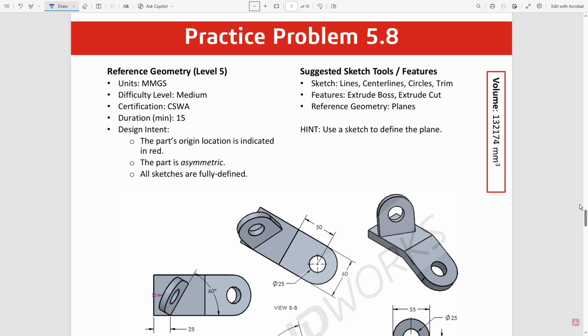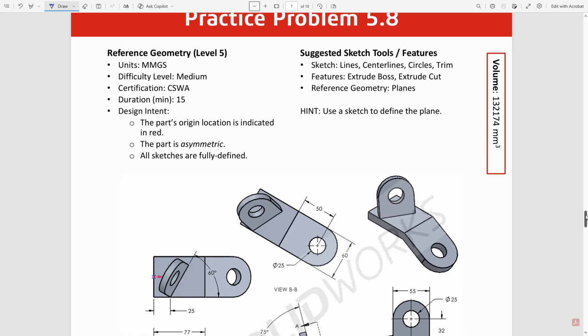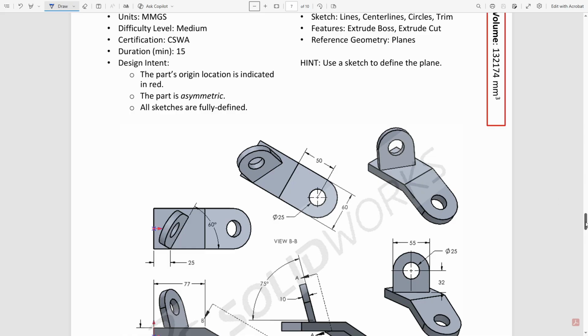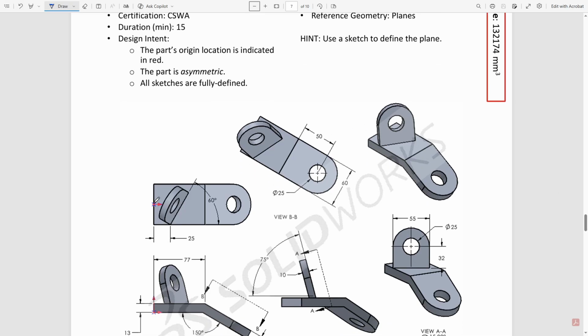I'm going to walk you through how I solved the CSWA practice problem 5.8. Alright, so here we've got the isometric view. It looks like on the left side right here is where the origin is going to be, so we're going to actually start with this